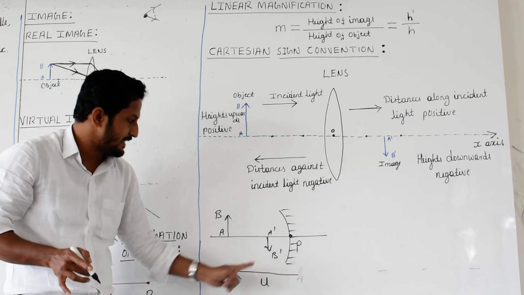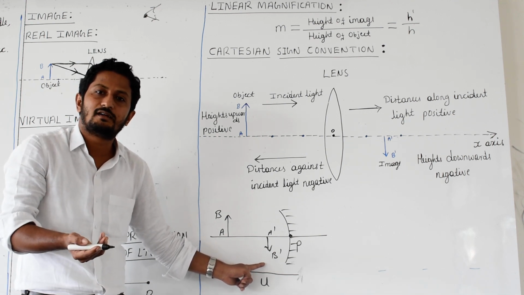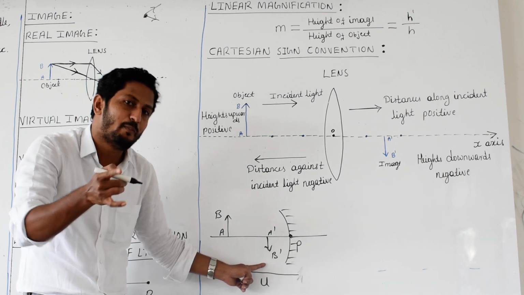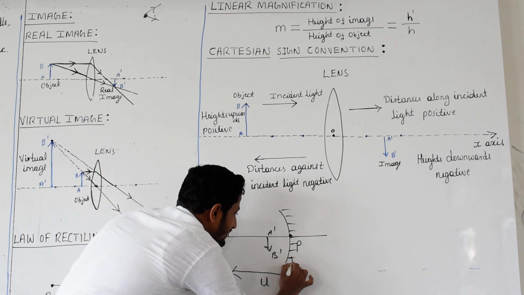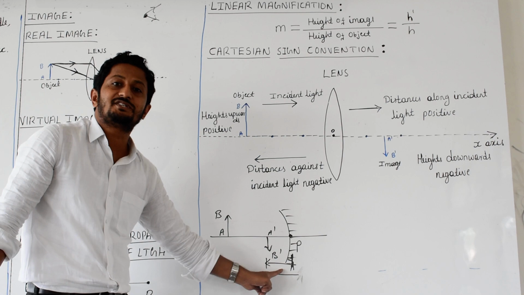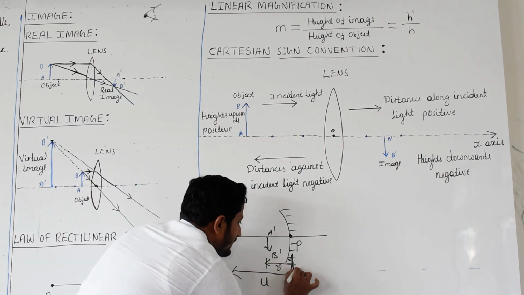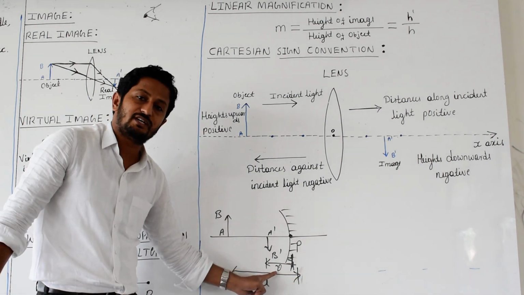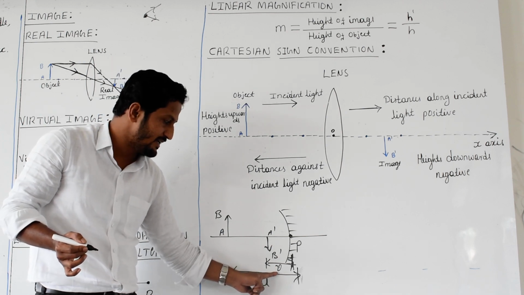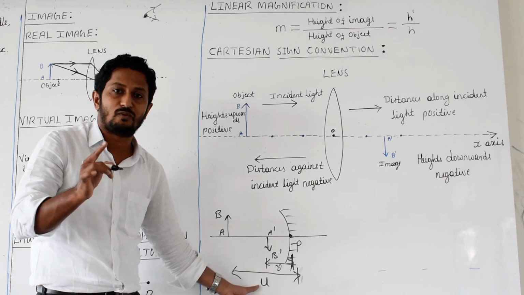Now there is one more distance. The image is here. Where was that image produced? To know that, you have to start that measurement from the pole. From here up to here. Which distance is this? Image distance. We use small v to represent the image distance. Small v is image distance, small u is object distance. Getting what I mean to say?